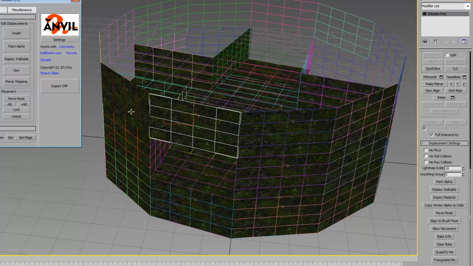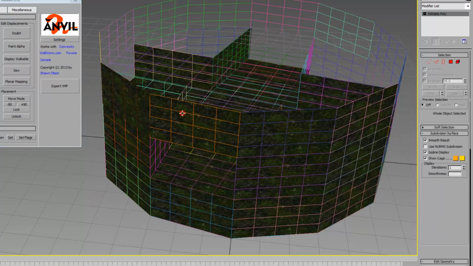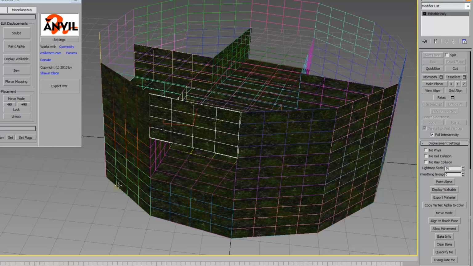Now, this is important. If you have 0 or 1 displacement selected, when you click this sculpt button, every single displacement in the scene will get added to the sculpt mesh. That may not be what you want, because it can take a long time to generate the sculpt mesh depending on how many displacements are in your scene and what the power of the displacements are, what the resolution of the mesh is. So you can, depending on how you want to work, pick areas of your project and create